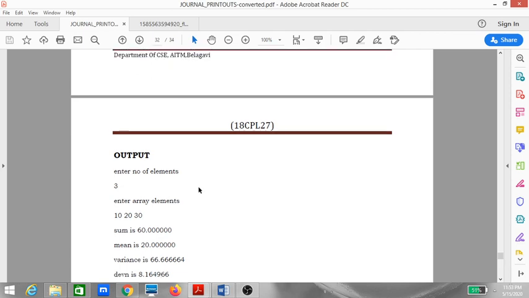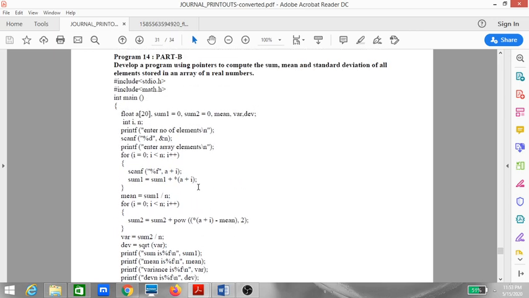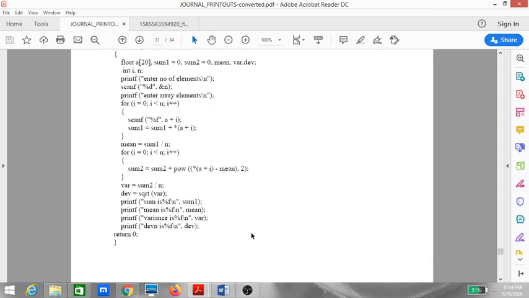If you all want, you can change the values from float to int and check what values you are getting. You can just play around with the data types. Just make sure that whatever data types you're using, the format specifiers are correct for it. If you're taking double, then please make sure that %lf is used. If you're using int, you use %d, and accordingly you'll make the changes. So I hope you'll have understood this program.